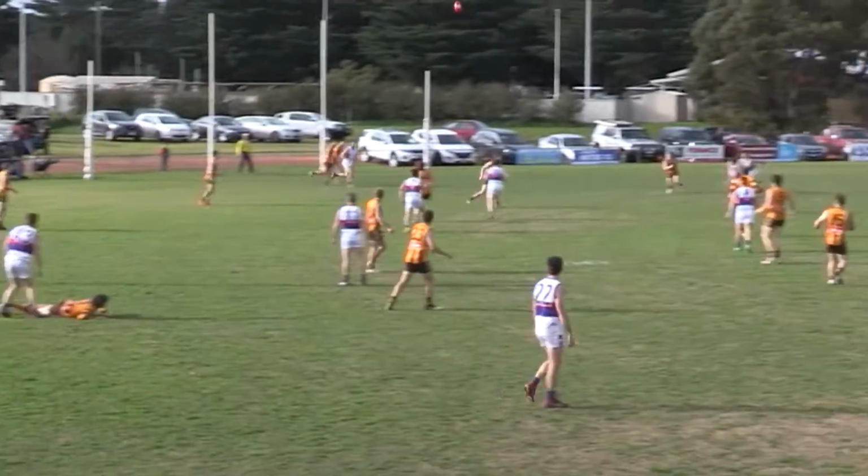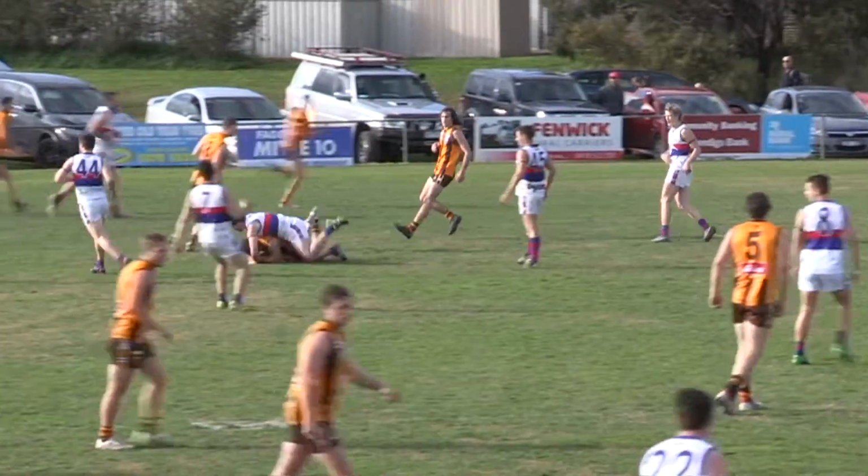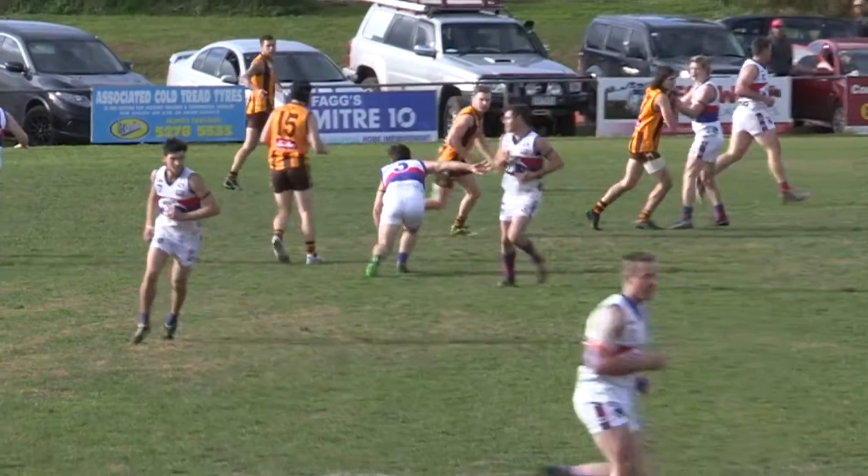Plays on now and kicks. Kick was poor coming off the boot. In front, Bowman takes the mark in front of Ettridge. Good grab. So Bowman,